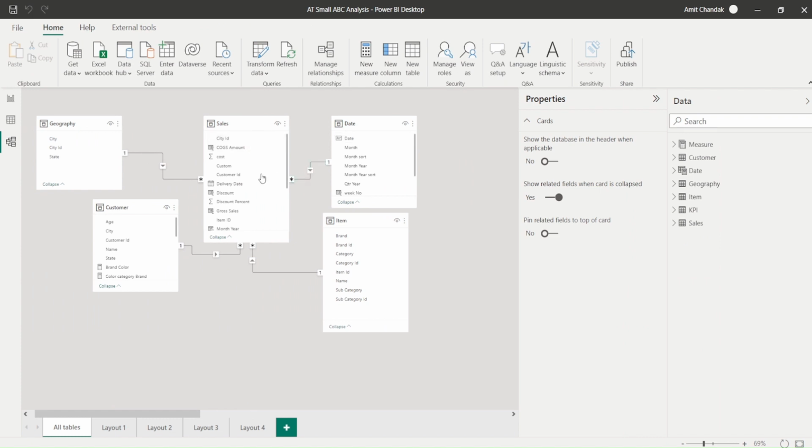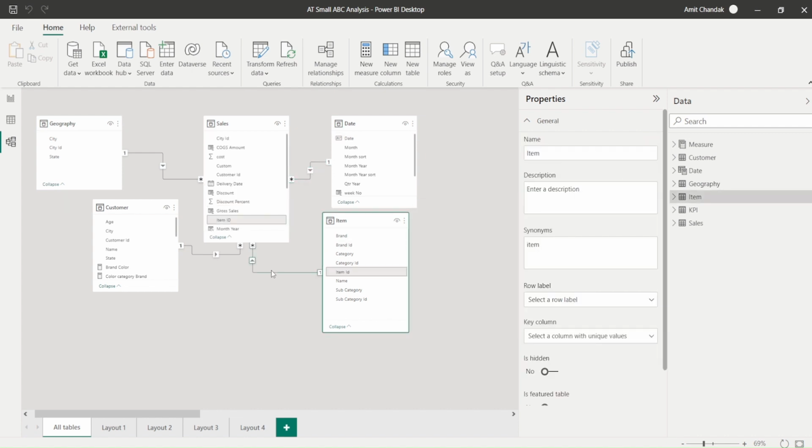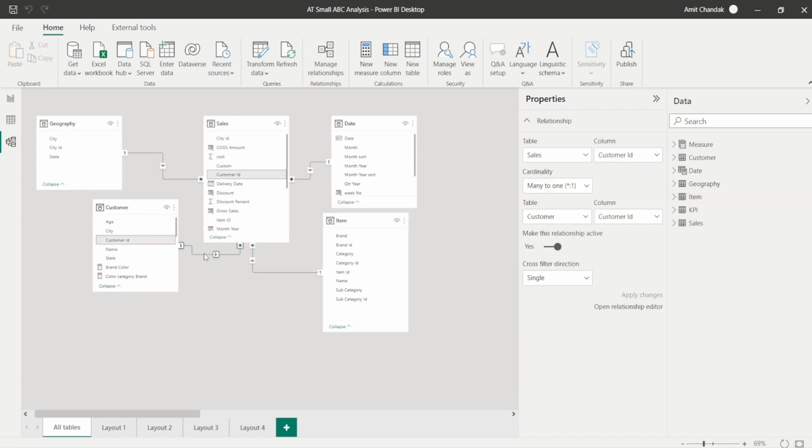My model basically has a sales table which is joined with the date table with the sales date, and the sales date doesn't have a timestamp. The date table is marked as a date table. It's a one-to-many single directional join. All those 6 things which we need to take care of for a time dimension join are working fine with this. Then I have item, which is joining on item ID. Then I have customer, which is joining on customer ID, and then I have the city table, which is joining on